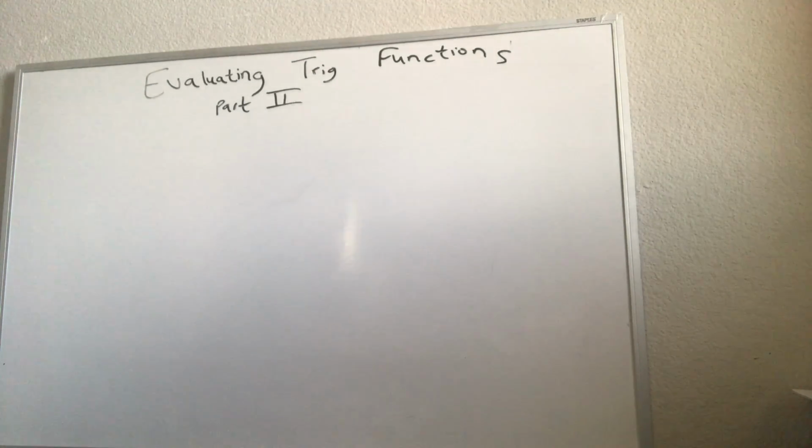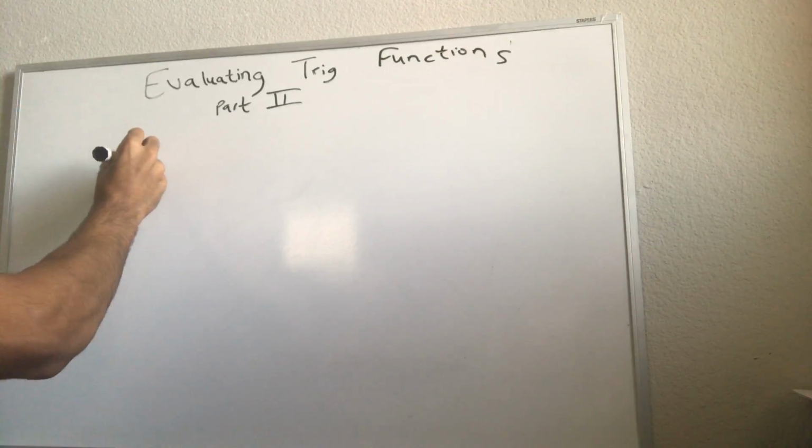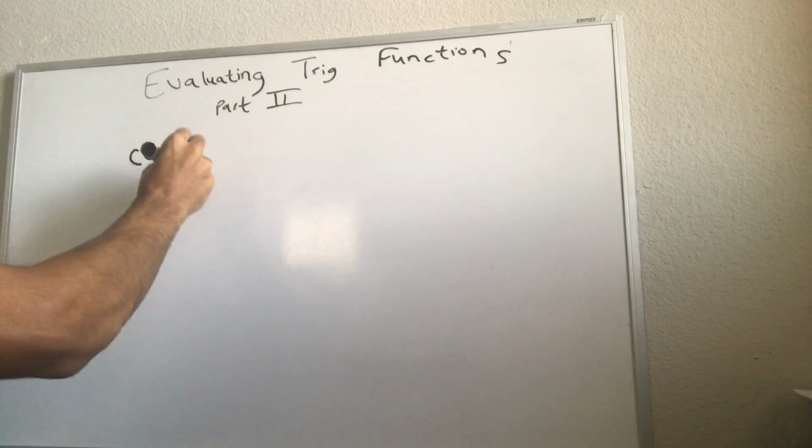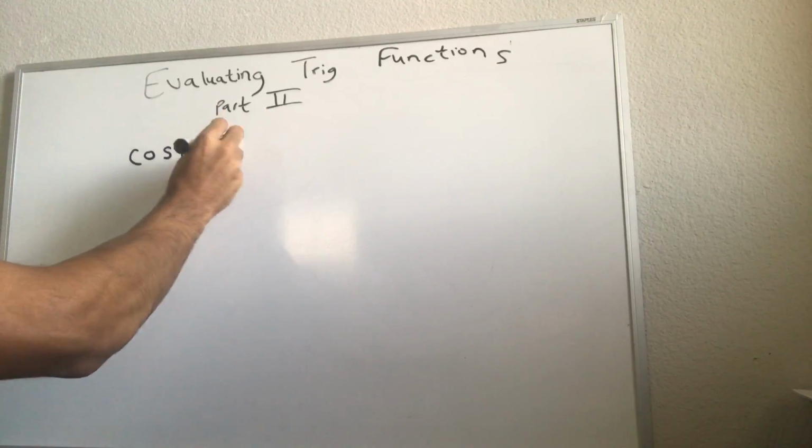So this is evaluating trigonometric functions part 2, and this lesson will make more sense because we have reviewed the unit circle, especially quadrants 2, 3, and 4, and exactly how we can determine different ratios depending on different angles in those three quadrants. So here I have some problems. Again, it's all about evaluating and simplifying functions. So to start off, we have something like cosine of 5 pi over 6